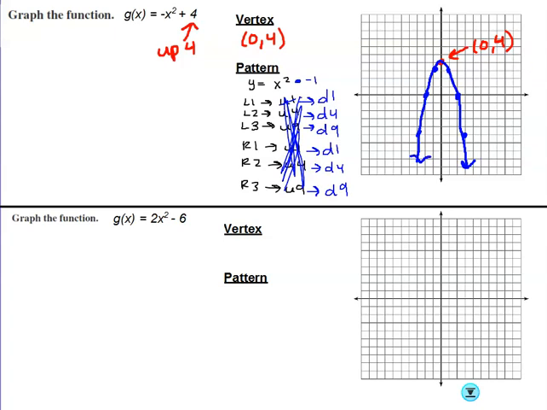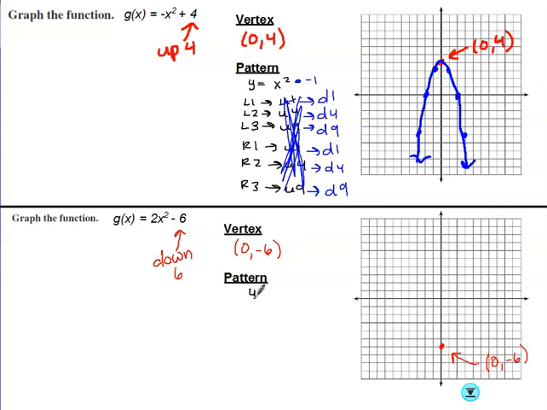In our next example, I do see addition and subtraction. Subtraction at the end means we're going to move our whole graph down 6 units. So instead of starting at the middle, I start down 1, 2, 3, 4, 5, 6, and here's my new vertex. So that point is 0, negative 6. This is where everything's going to be centered around,